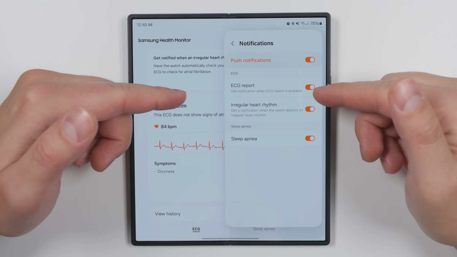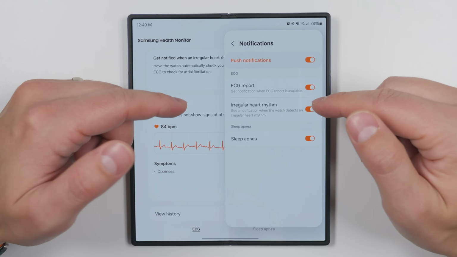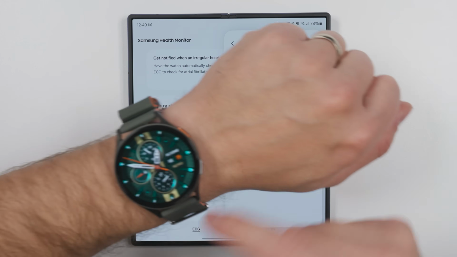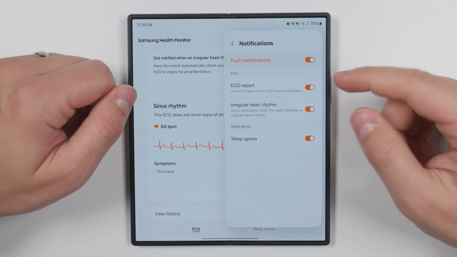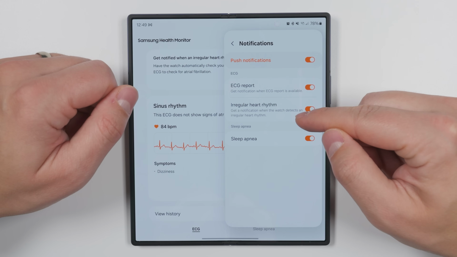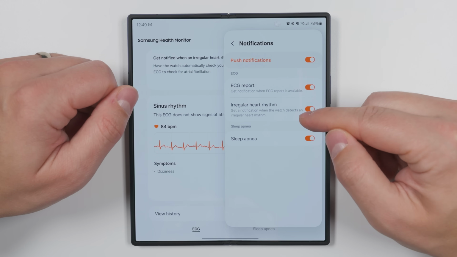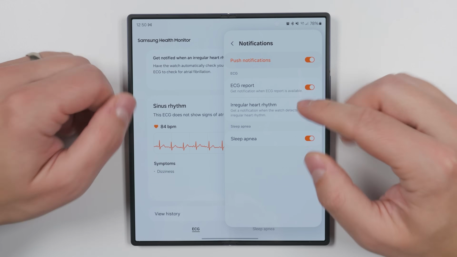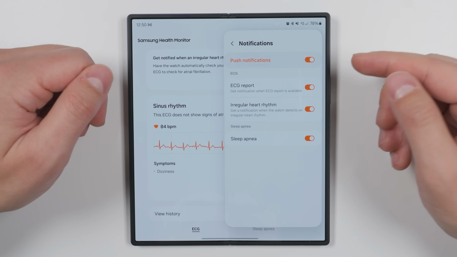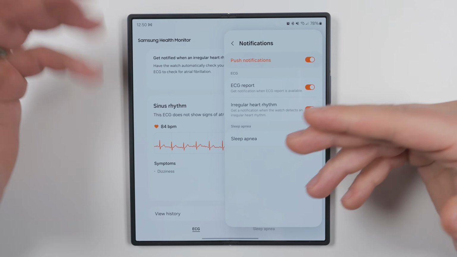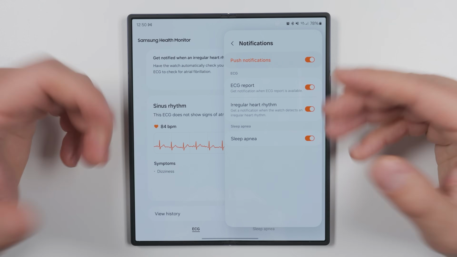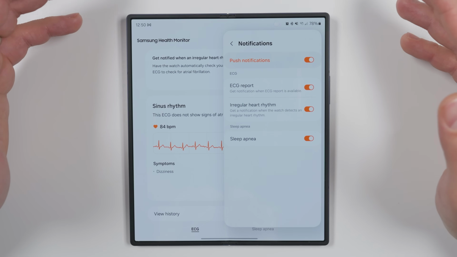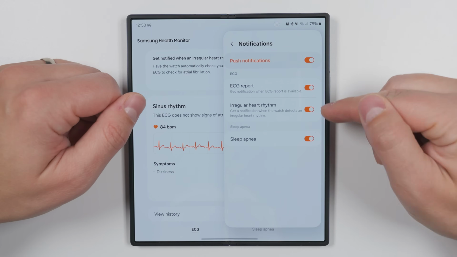This is different than an ECG report because the ECG requires you to put your finger on the home button and start the measurement manually. What the irregular heart rhythm measurement does is if you have continuous heart rate measuring turned on, it's going to constantly monitor your heart rhythm, and if it detects something that's abnormal, you're going to get a notification on your watch. And at that point, you can take a full ECG to see if anything's going on. So if you have any concerns about your heart at all, you're going to want to make sure that this